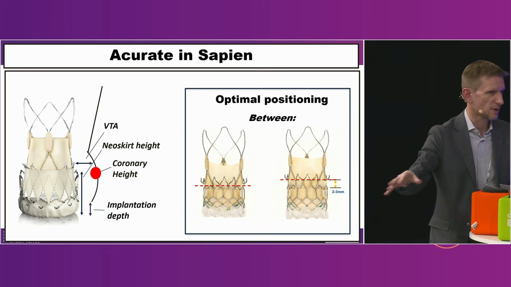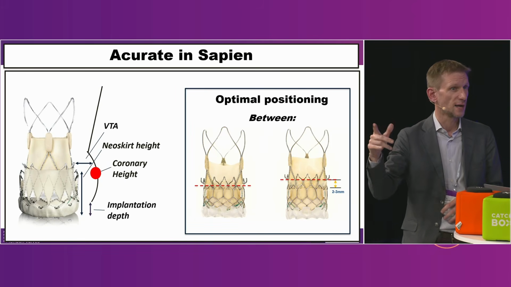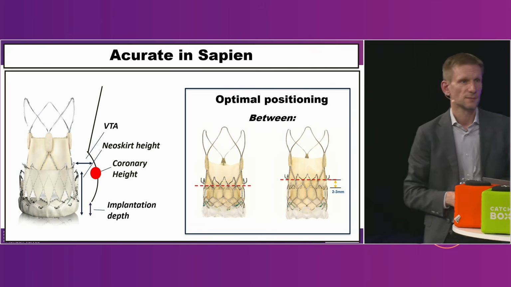No, I would think, one has most experience with putting ACURATE in a SAPIEN, or in a surgical valve for sure. I would think the risk if you put it too low, then the upper crown is sitting into the SAPIEN stent frame, you will have bad hemodynamics for sure. And I would even be scared placing it at 3 millimeters above the SAPIEN. I think you can get away with it, but if it goes higher, you may have a real risk of pop-up. But it's not just a pop-up. It's also because you need to grab completely the leaflets of the SAPIEN. Yes, because otherwise you just pinch the tip of the leaflets, like the mitral clip, which is not the way to go. Yeah. No, perfect. Great.